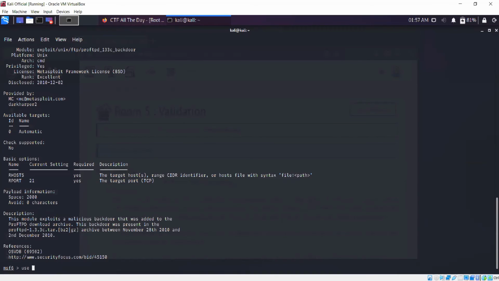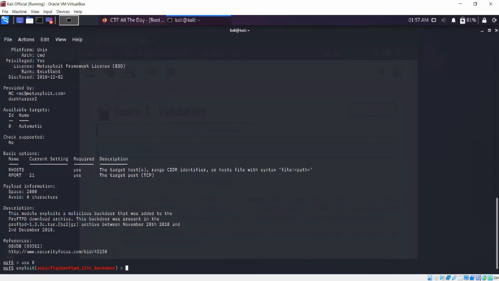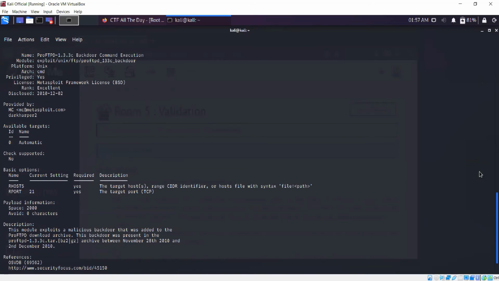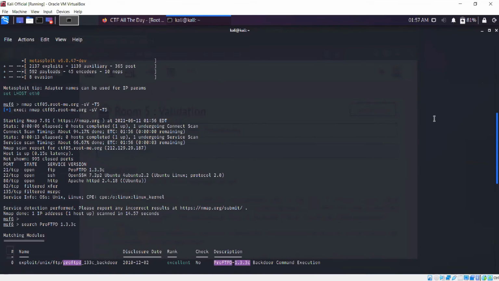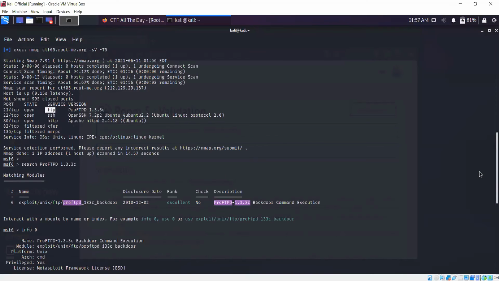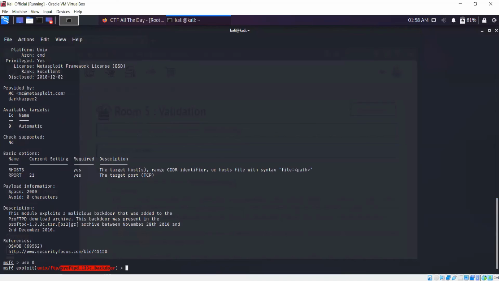It is always useful to get more information about the payload before you decide to use it. So again, let's use this particular payload. Now let's break this down a bit. Unix is the OS, or the operating system, it will run on. FTP is the service it is using. FTP stands for File Transfer Protocol, by the way. It is used to share files. And at the last, this is the name of the particular exploit. So again, OS, service, and the name of the final exploit.